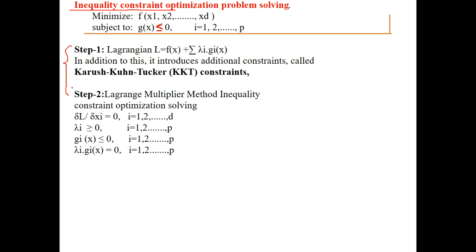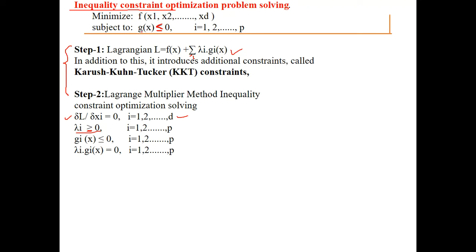So we shall repeat the same process, but there is a small difference. We shall create the Lagrangian equation, and we shall differentiate this equation with respect to the d number of variables. Here the Lagrangian constants are greater than or equal to 0, non-negative you can say,